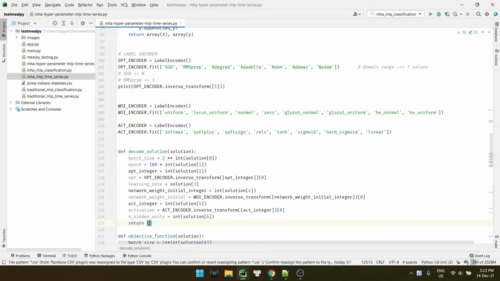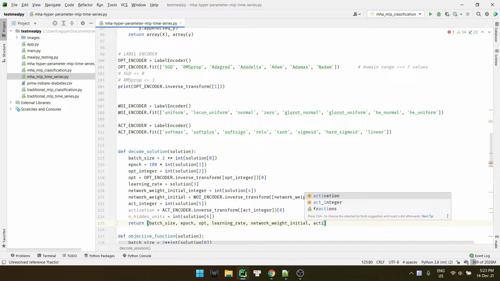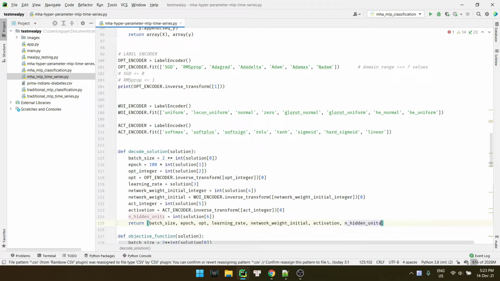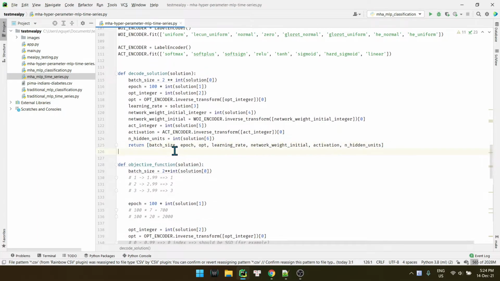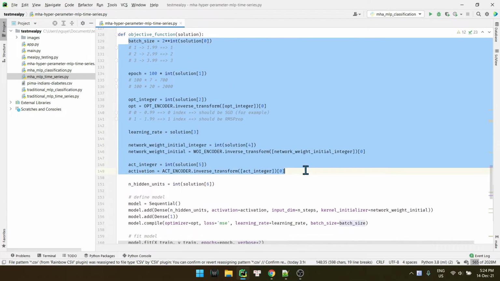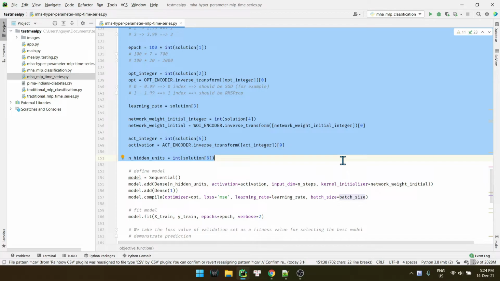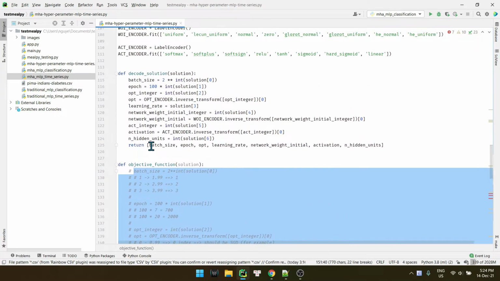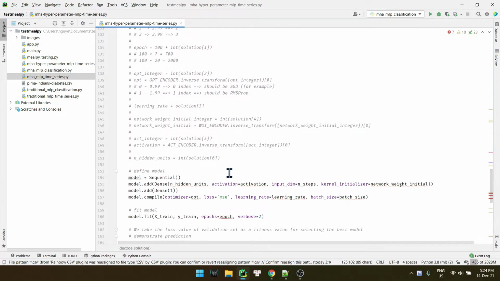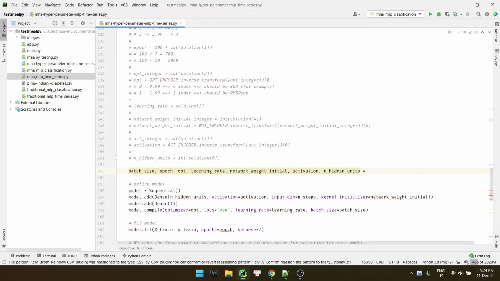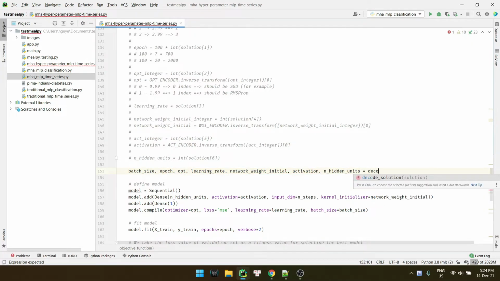Let's return the batch size equal to, learning rate, network weights initializer, activation, and hidden units, right? So you can comment it down and call the function equal to decode function.